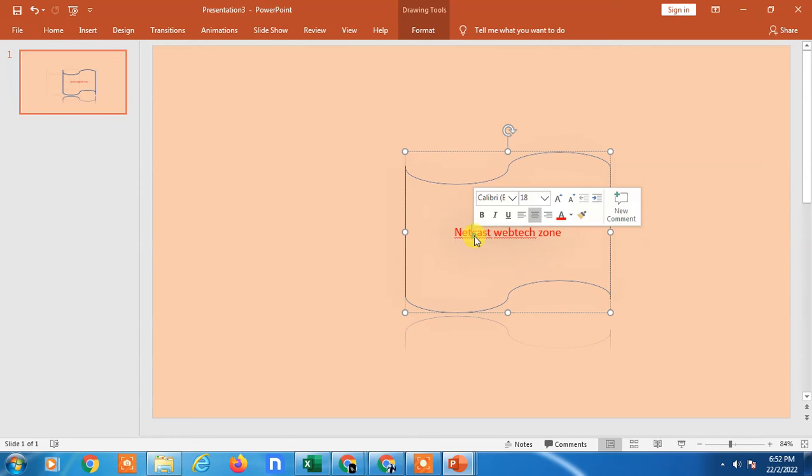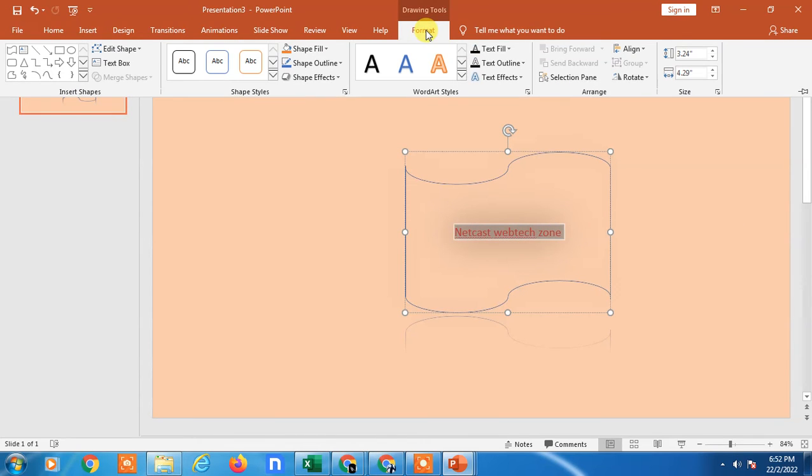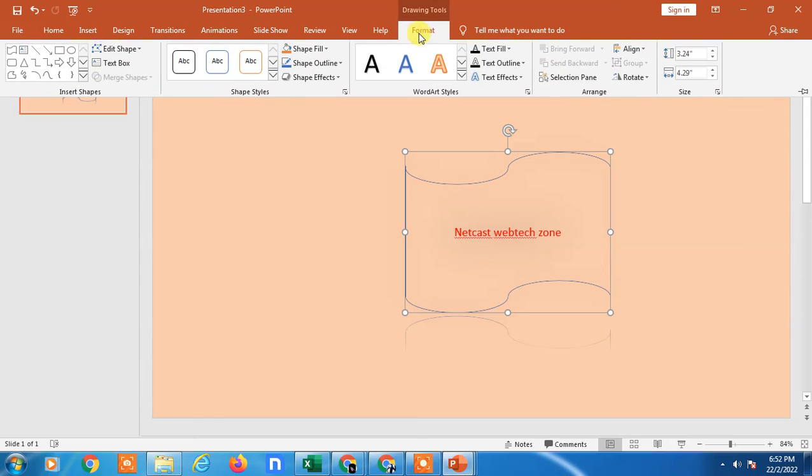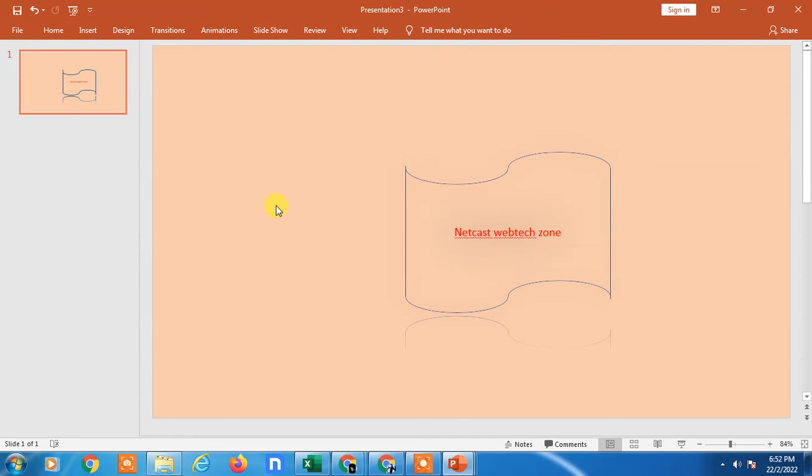If I select text, I have to select the text. If I go to Format, here you can see all the related text tools. And if I select the shape, then if I go here, I will see all the shape related options here. Okay, so that is how you can make infographic